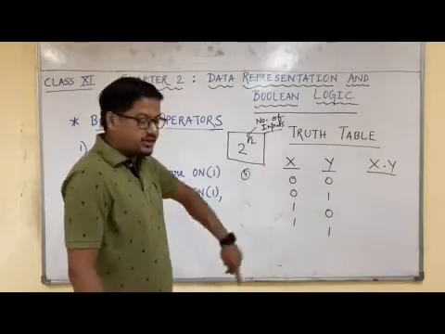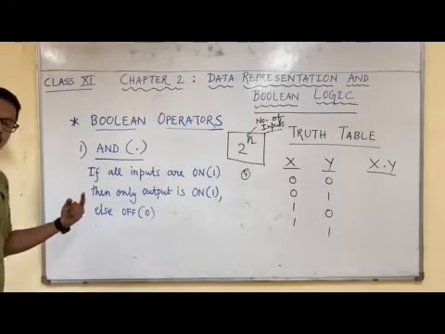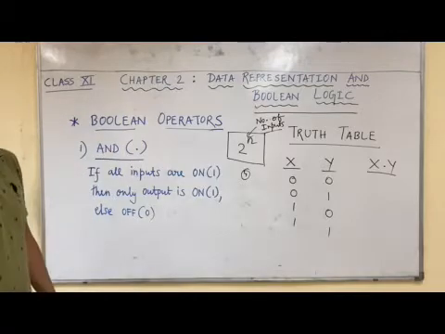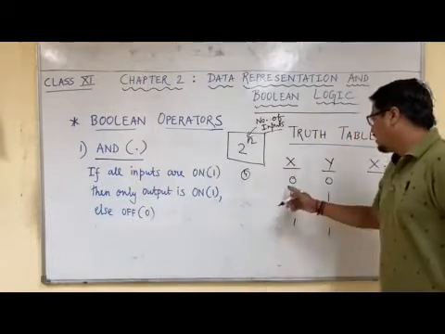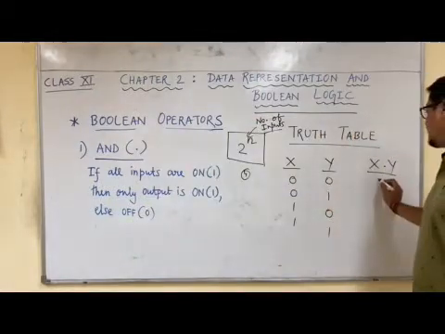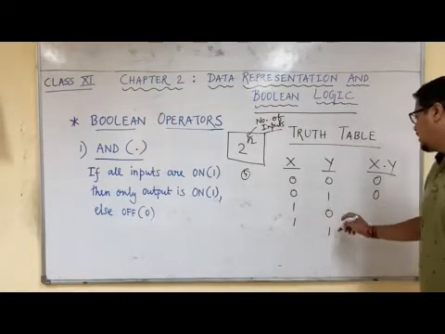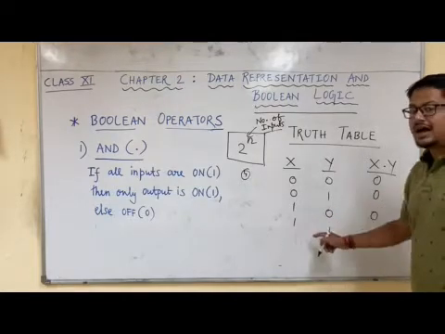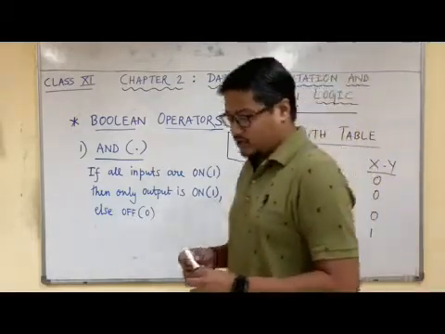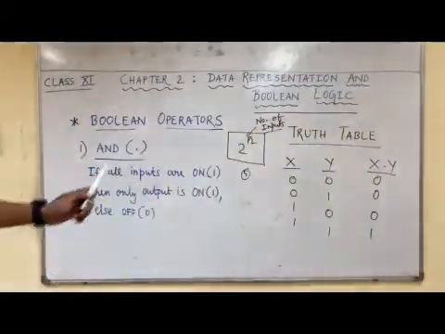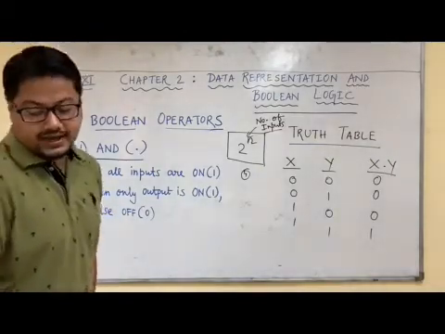Okay, so can we find out the result? Remember the rule? If all bits are high, then only the answer is 1. If any bit is not high, the answer will be 0. Are all inputs 1? No, answer is 0. Are all inputs 1? No, answer is 0. Are all inputs 1? No, answer is 0. Are all inputs 1? Yes, answer is 1. Okay, so I hope you are able to understand how this truth table of the AND operator for 2 inputs actually